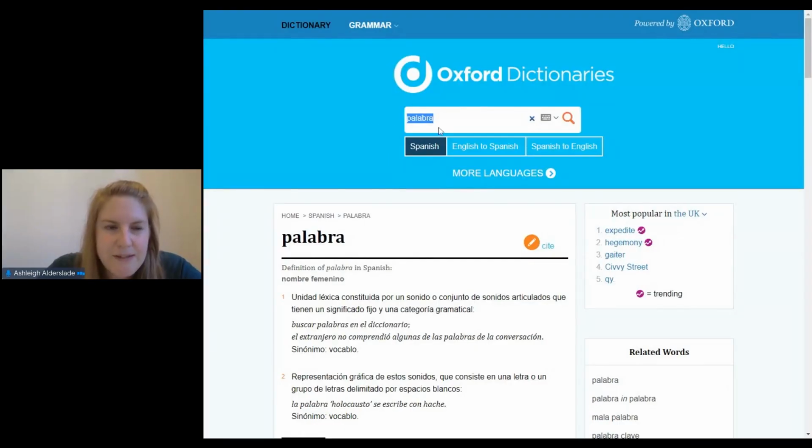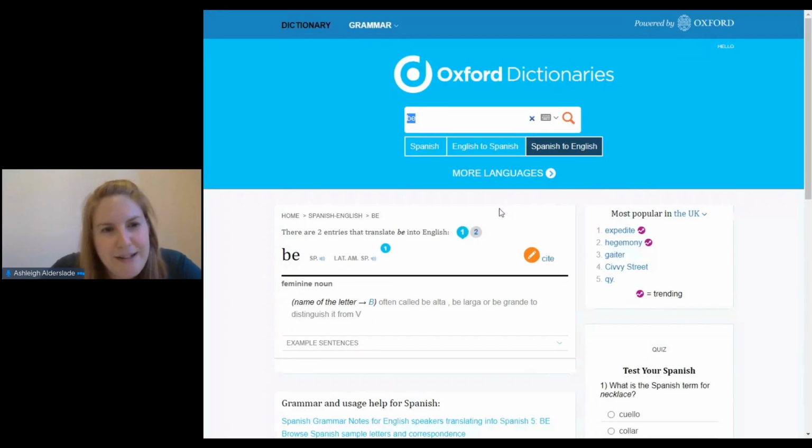So as you've seen, we search for a head word at the top in this box, and you can switch language with these buttons. Or if the word you're looking up only exists in one language, you can search without changing sides and it will find it. So, for example, if you're in the Spanish-English side and you search for the English word be, it would take you to the Spanish-English entry for be, Spanish word. So you would need to switch here to English to Spanish to find the